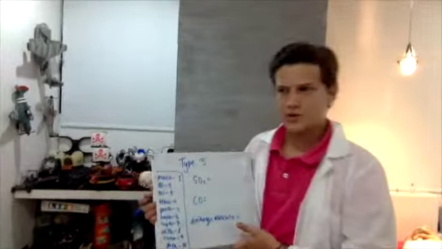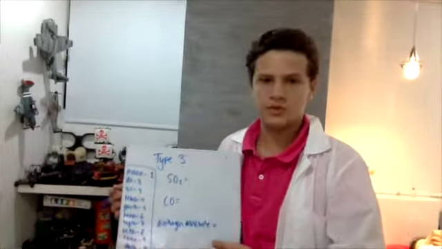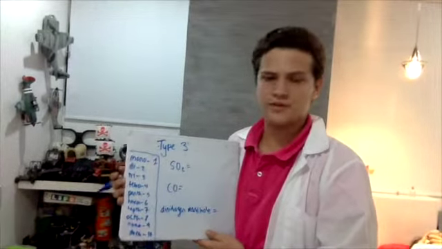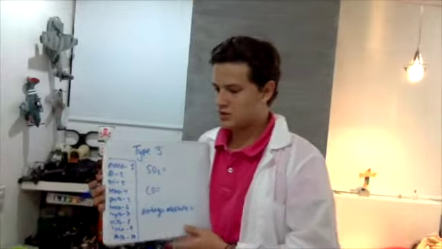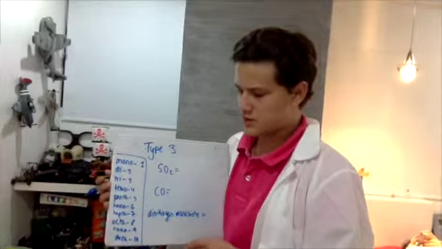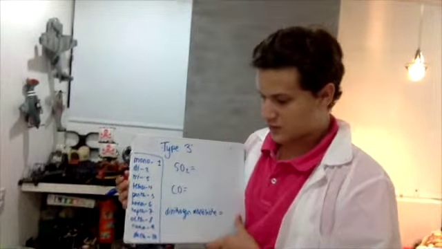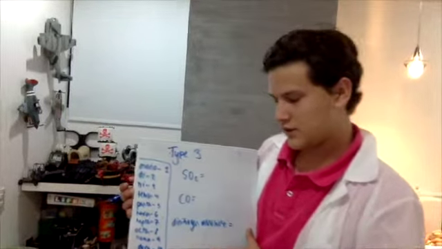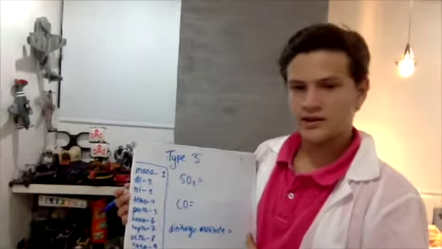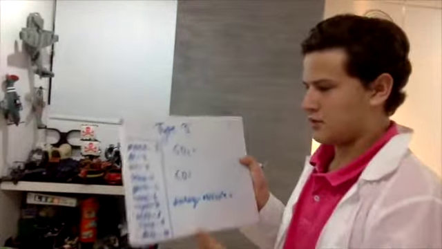So type 3 compounds are composed of 2 nonmetals, and these are written with math prefixes. For example, mono equals 1, di equals 2, tri equals 3, tetra equals 4, penta equals 5, hexa equals 6, hepta 7, octa 8, nona 9, and deca 10. So an example of a problem is